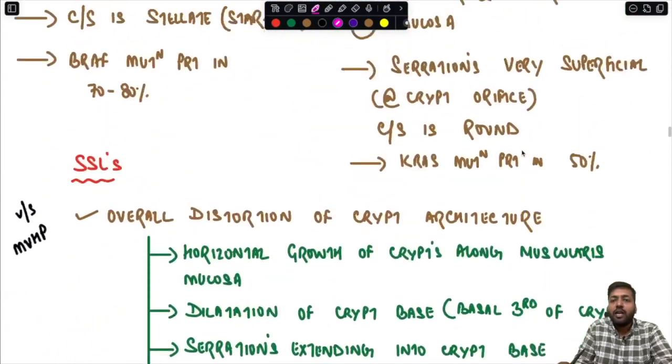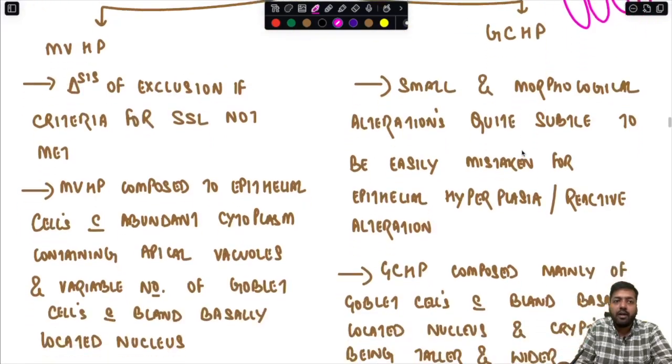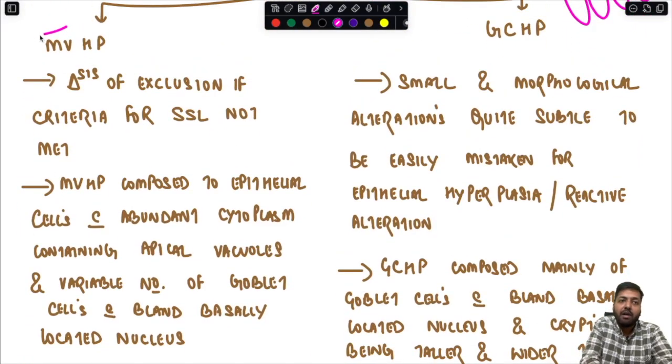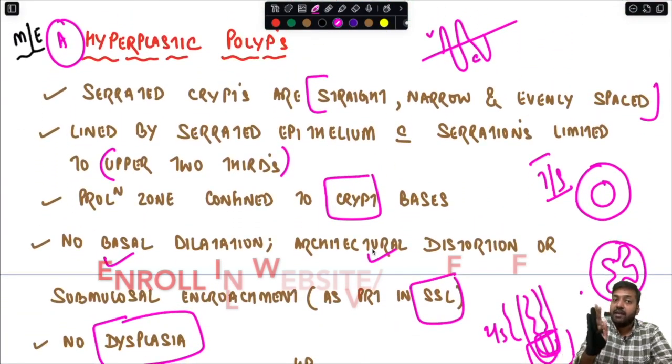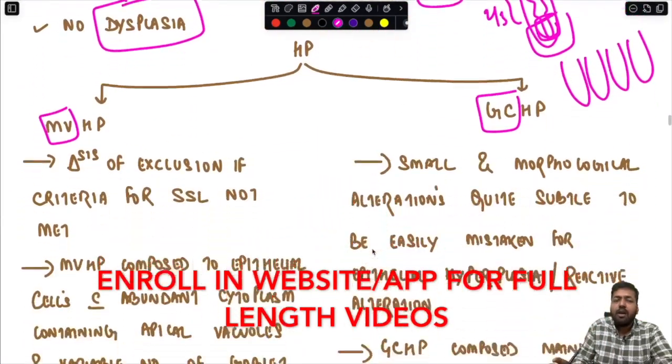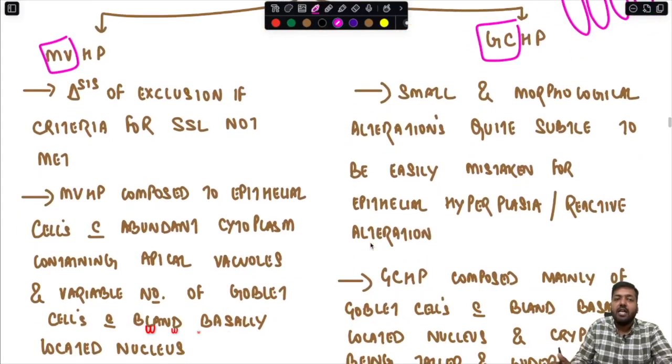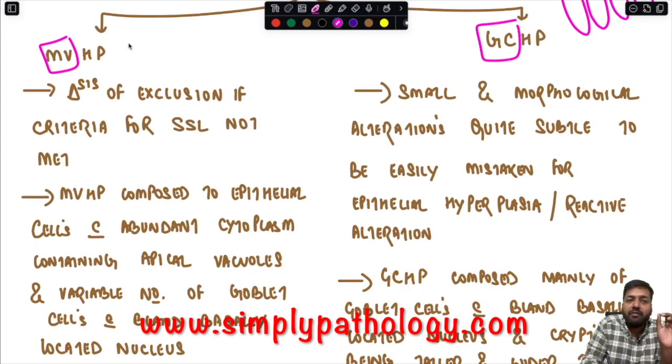Now let me compare and contrast the microvesicular variety of hyperplastic polyp and the goblet cell variety. The features that I have discussed are common to both of them. These are the main features of a hyperplastic polyp. Now I am discussing some specific features. Now remember, the microvesicular variety of hyperplastic